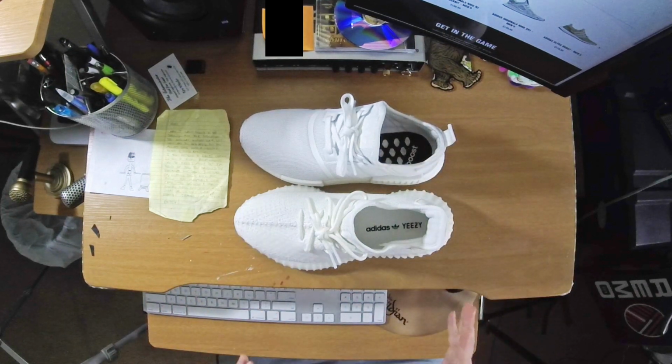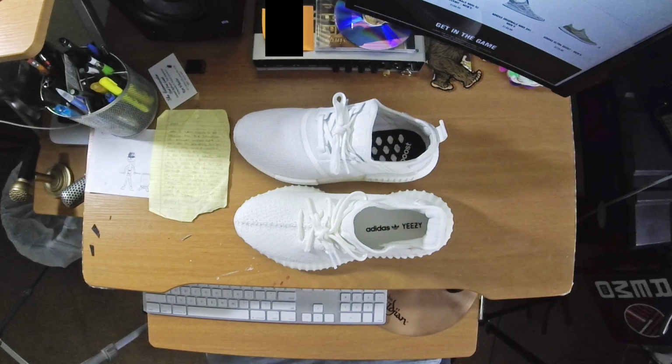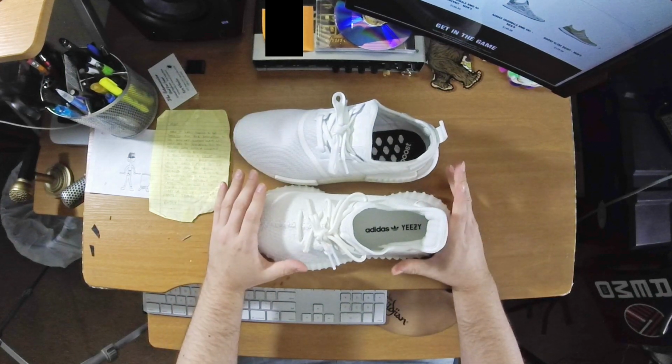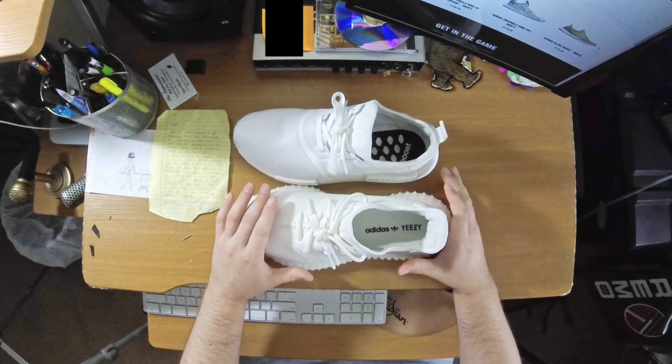So now let's really get into the comparison here. V2s versus the triple whites. And I know this is going to be a very long video, but I'm trying to give you as much information as I can. So the upper materials between the two,